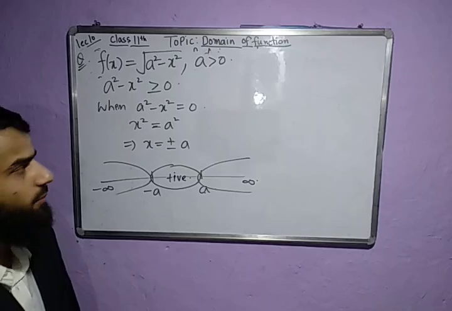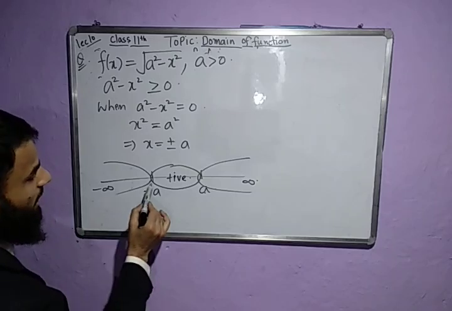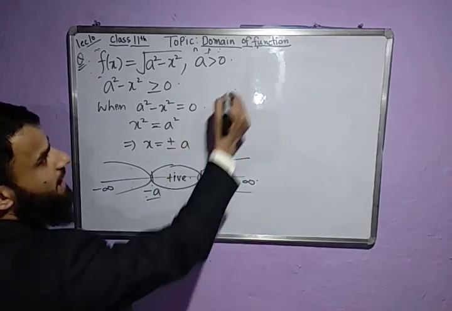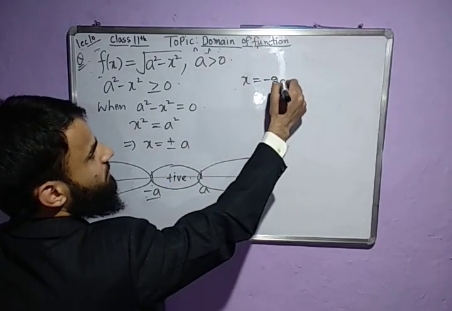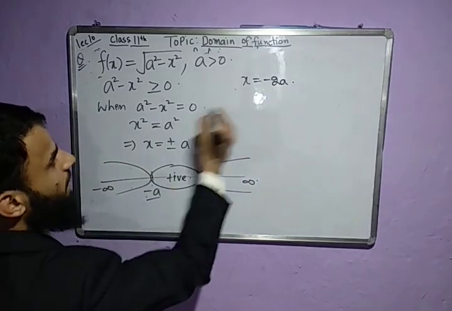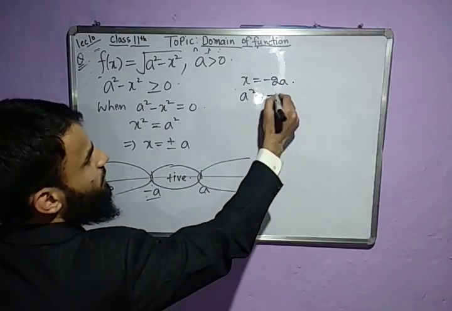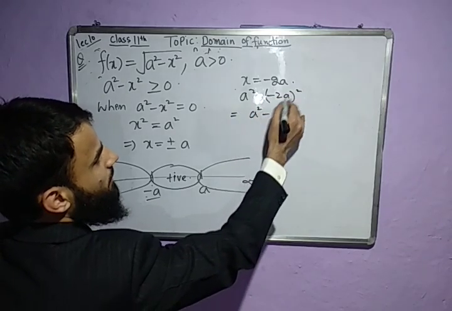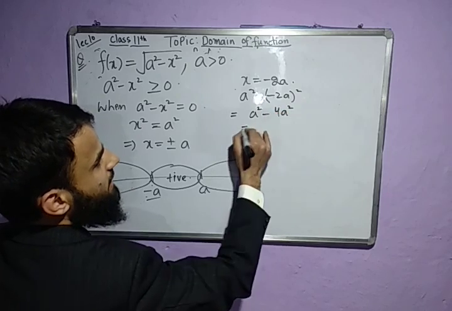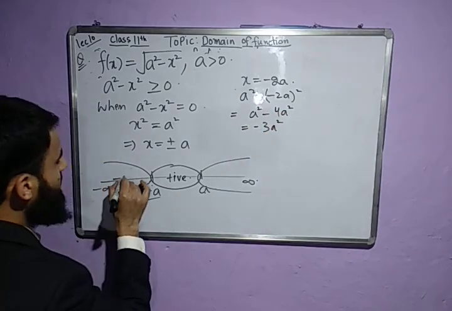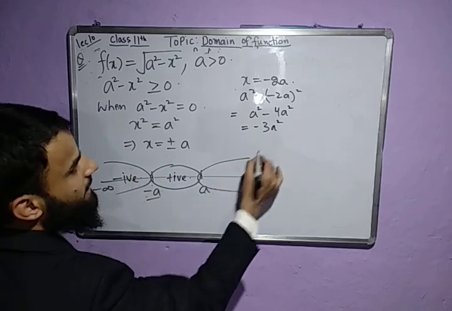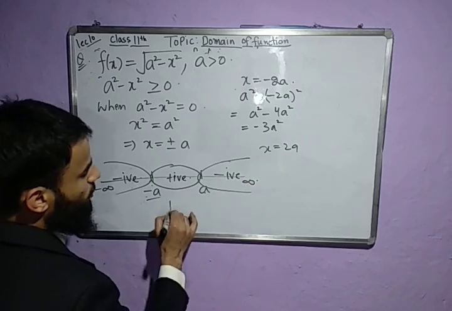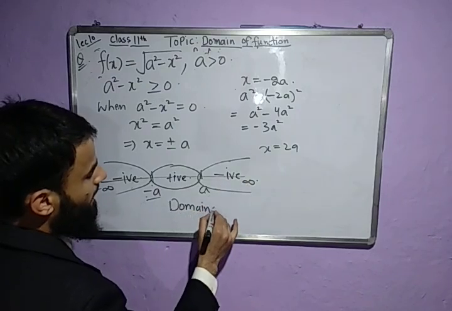When I take less than minus a, let's suppose x is equal to minus 2a, which is less than minus a, I will get a square minus minus 2a whole square, that is a square minus 4a square, and it comes out to be minus 3a square, which is negative. And if you calculate at x is equal to 2a, which lies in this region, it also becomes negative. So the domain is nothing but